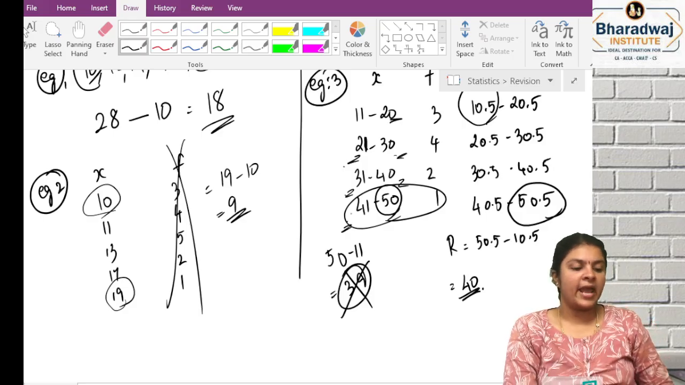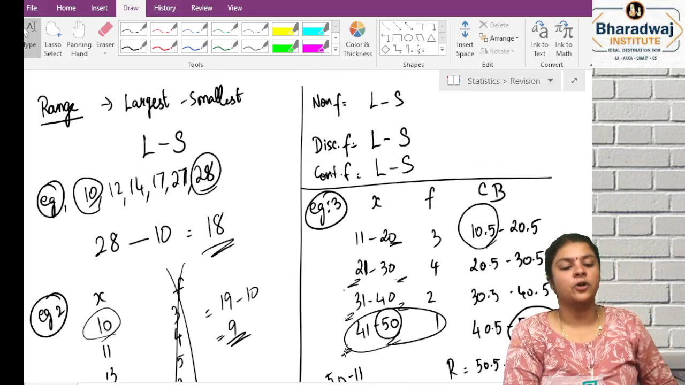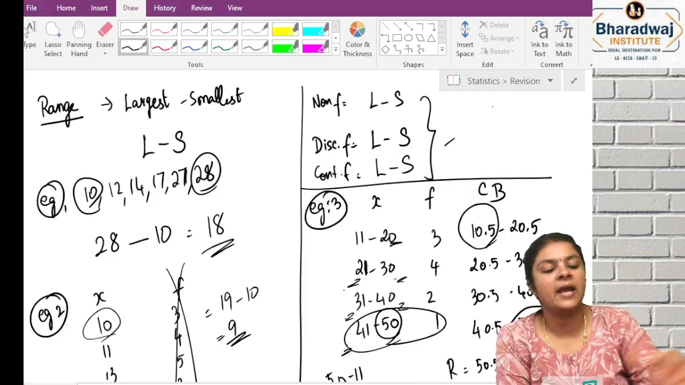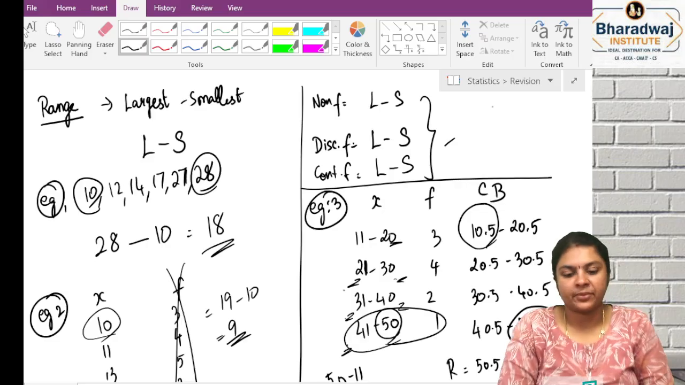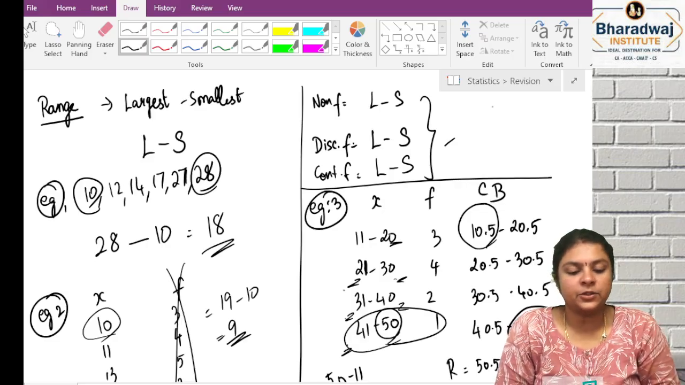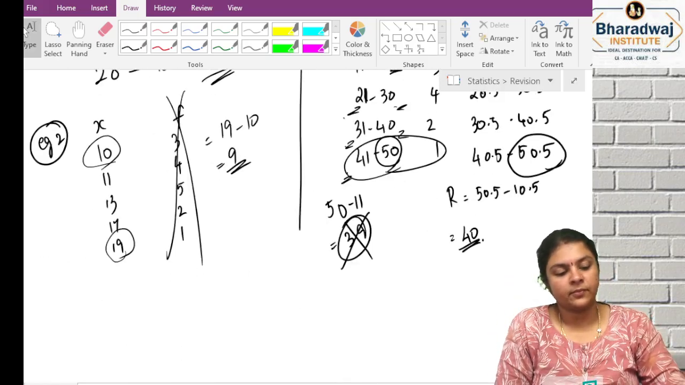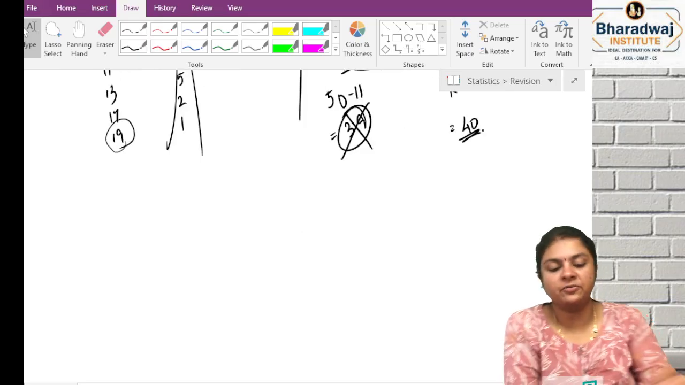Clear? So for range, frequency is irrelevant. So for all the three methods, the formula is the same. This is with respect to range. Any doubts? No, ma'am. Now, coefficient of range